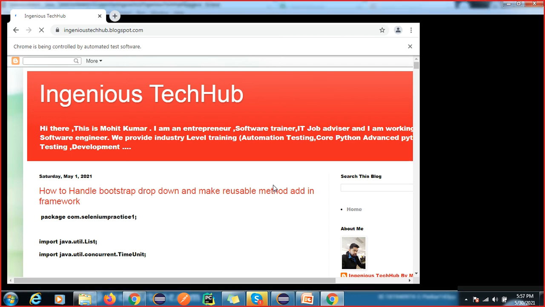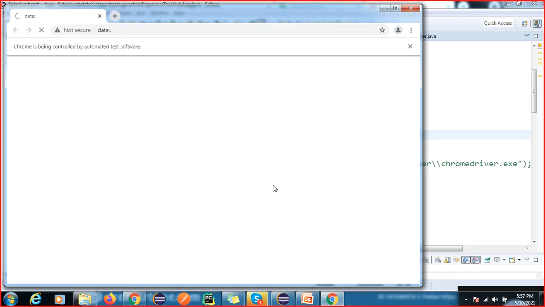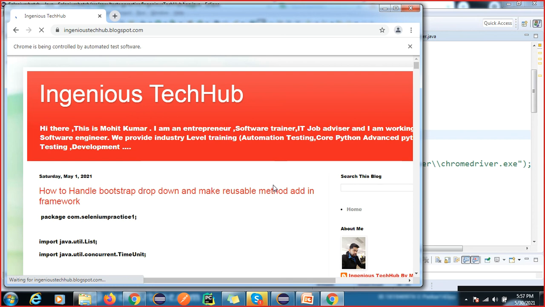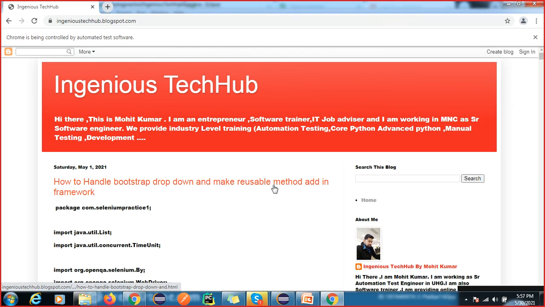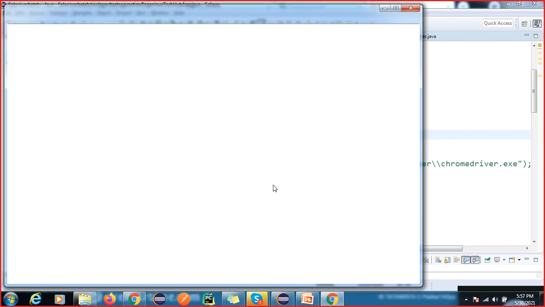Okay, it will work for the same, but in real time we are not writing the complete code. We have a framework, you have to understand the framework to start working. Like a helper class, we have many reusable methods, so you have to use those methods and work on that.